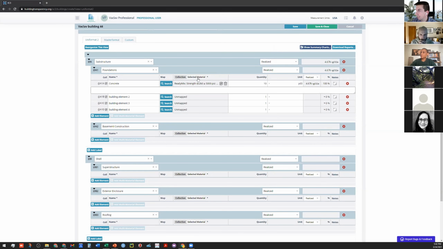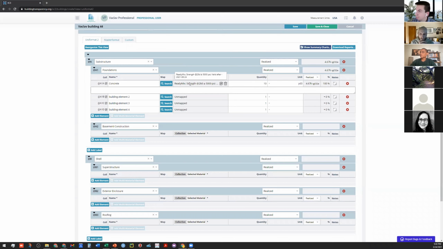And so now we can see that this field for the collection is showing ready mix strength 5,000 psi, and we have the quantity of 10 cubic yards. Now you can see that we have the embodied carbon value for that line item, 4.67 thousand kilograms of CO2 equivalent.